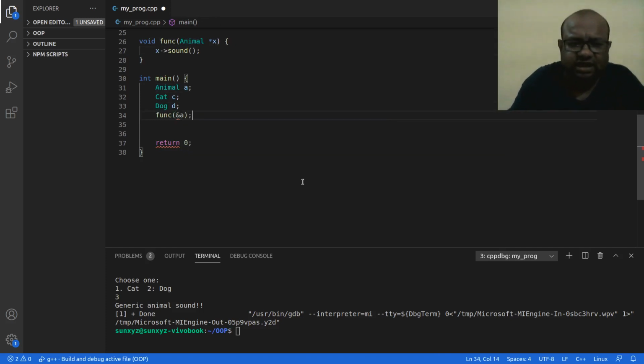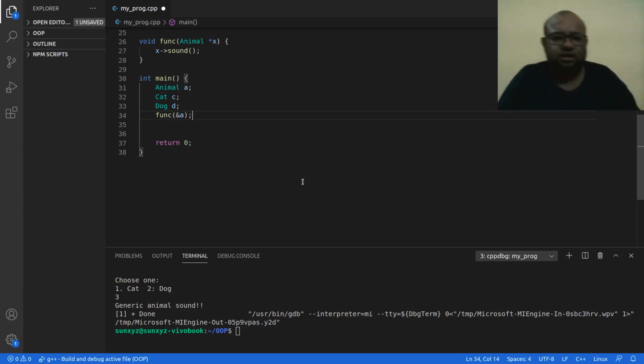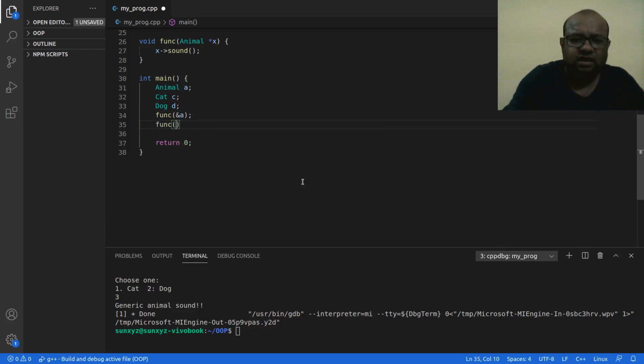So pointer means address. Then I can send address of this cat, and I can send address of dog.